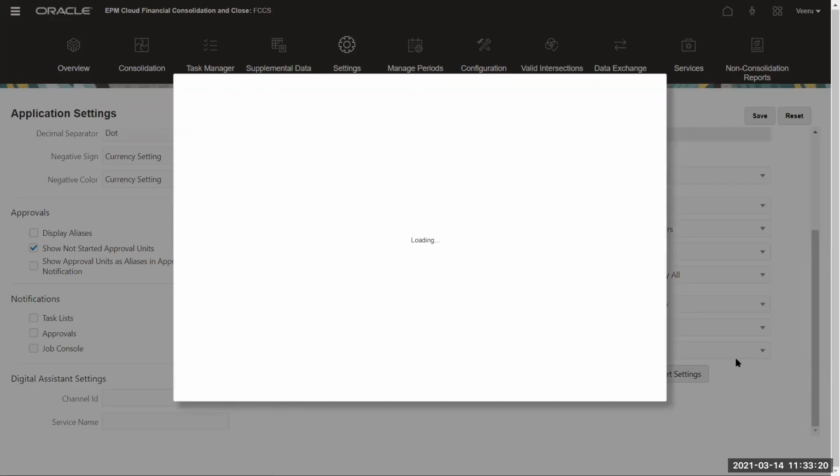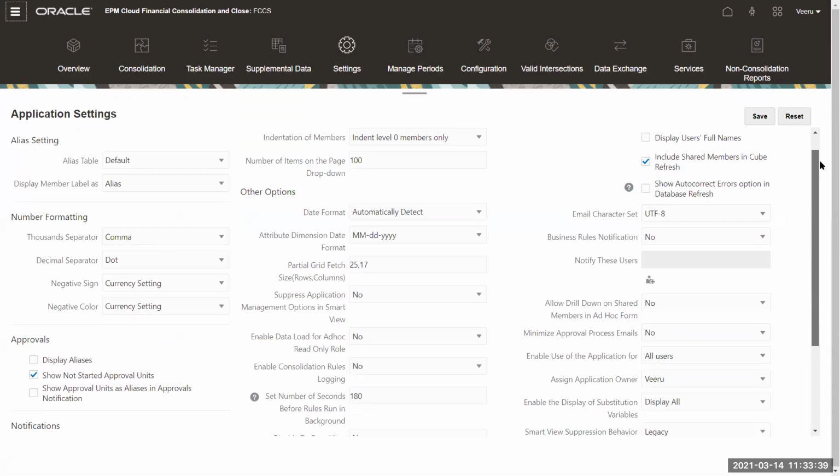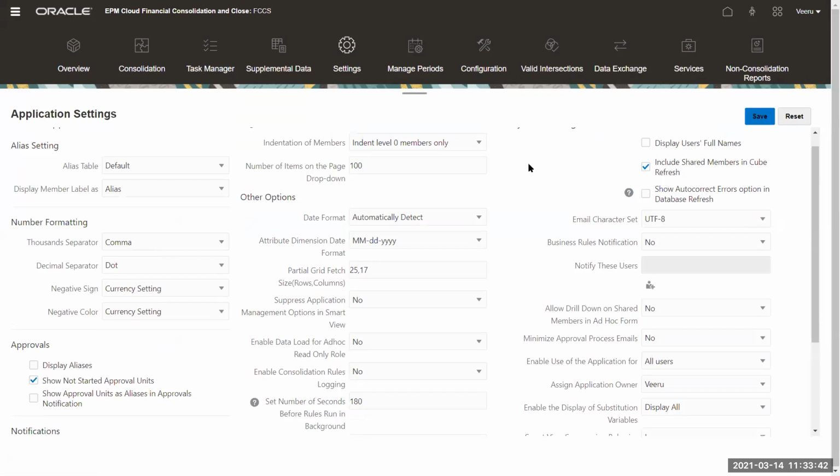When I click on report settings, today my machine is unfortunately a little slow. Then you can manage your fonts. You can add your own font and everything. I'm not going to do those things now because we are good with the fonts we have. Once you do those settings, click on save, and then everything will be saved, and you get a message that it's saved.